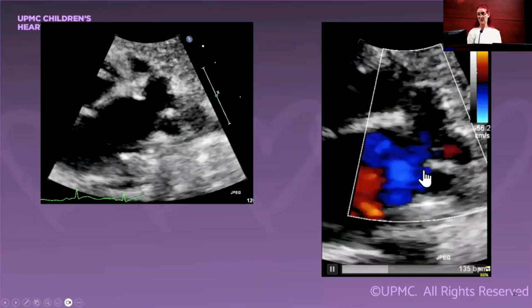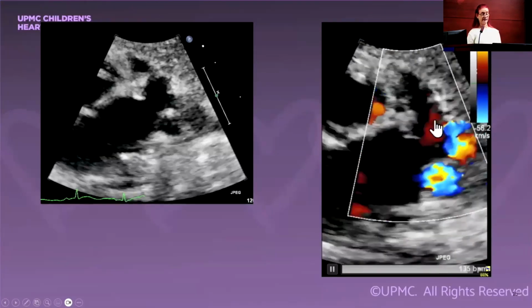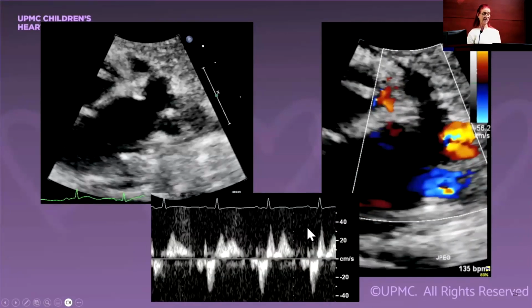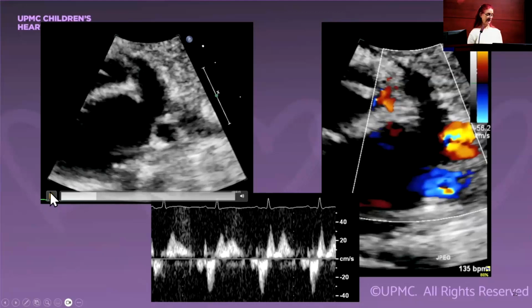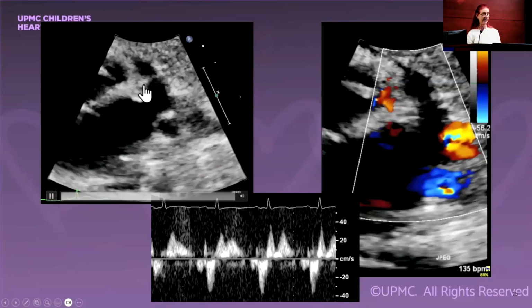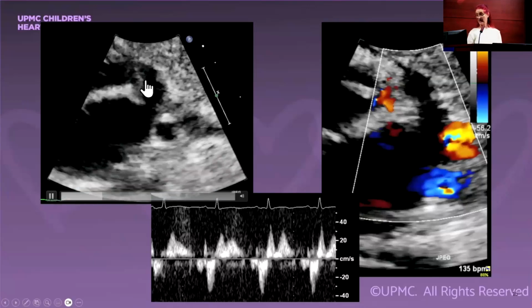However, when we put color on that area, what we see is to-and-fro flow. And when you Doppler it, what you see is the to-and-fro flow of a left atrial appendage. And this is, unfortunately, an easy mistake to make, or at least I've made it twice, and I actually did not read this one, and the person read this also. So what you're actually looking at here is the tip of the left atrial appendage with a little bit of